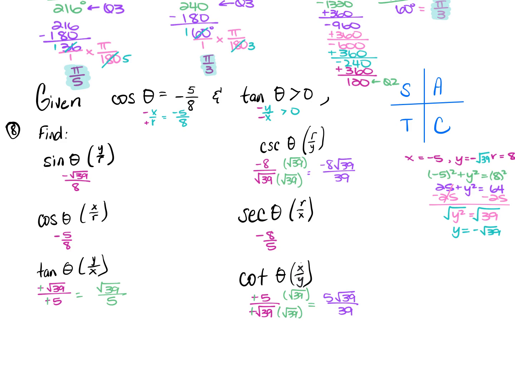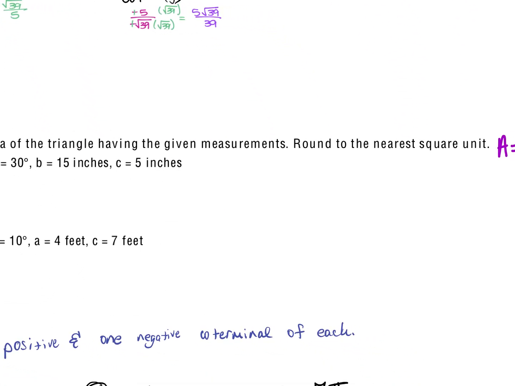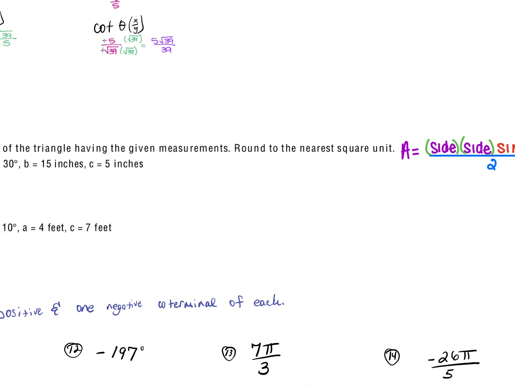For your next section, you are finding the area of each of these triangles. Now, your original file of your review has an error in the formula that you use for the area. The error is the function that you're using. The correct one should be your two side lengths multiplied by one another times the sine of your angle, all divided by 2. So on your form, just make sure you change that cosine to sine, because it should be